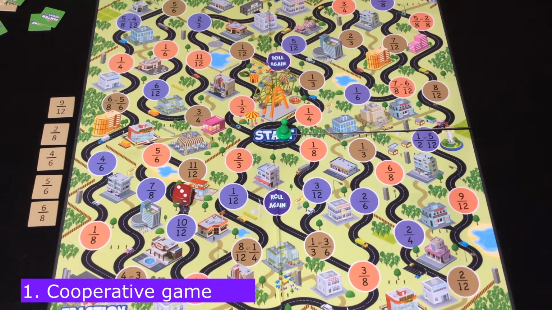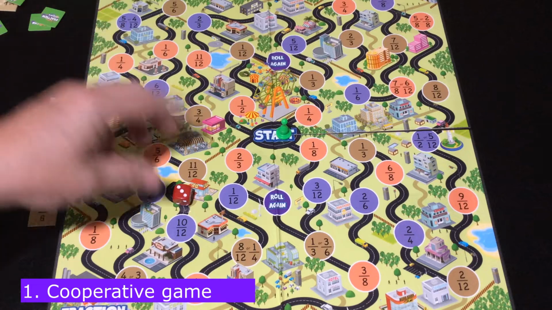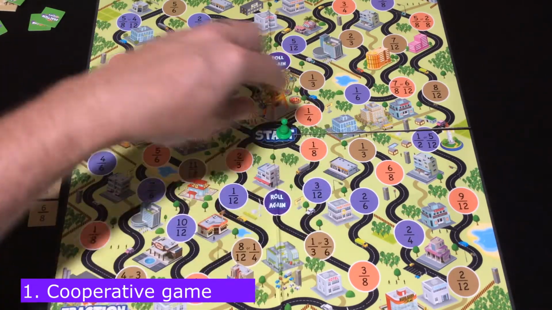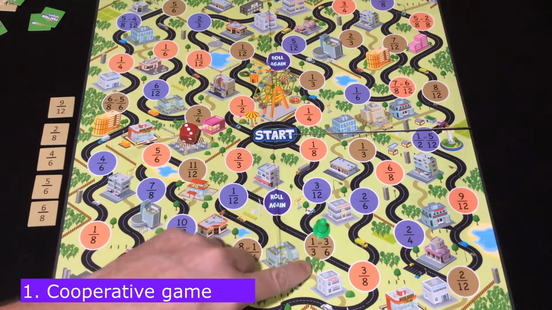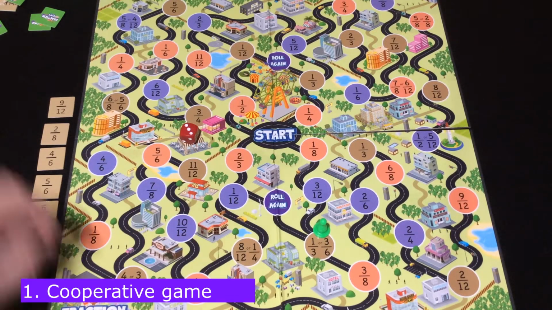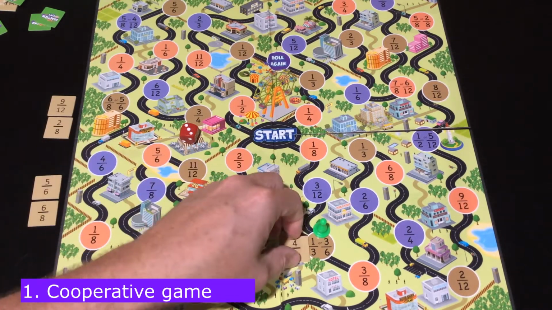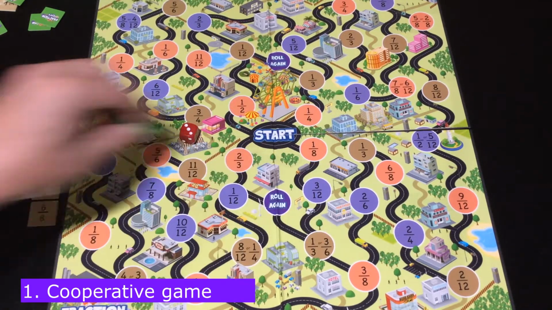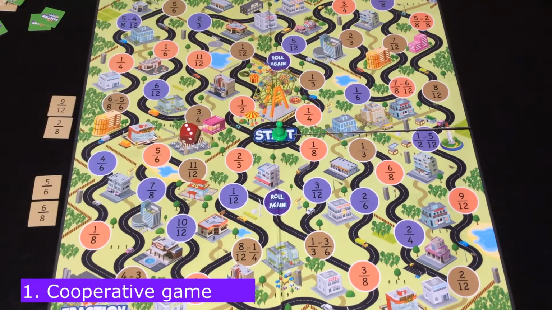write down their findings. So say, for example, they go down this way, they go 1, 2, 3 to here, and they have the 1/3 or 3/6, and they're using the 4/6 plus 1/3 equals a whole. Then they would write that down. 4/6 plus 1/3 equals 1 whole. Play until one group reaches 10 as per the